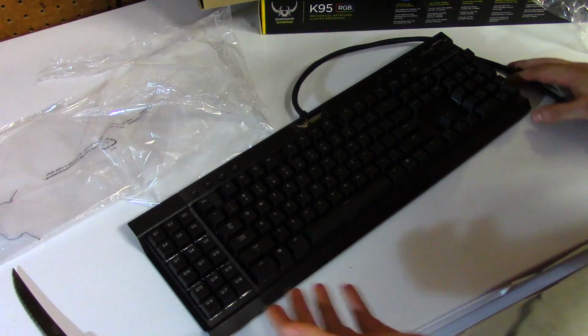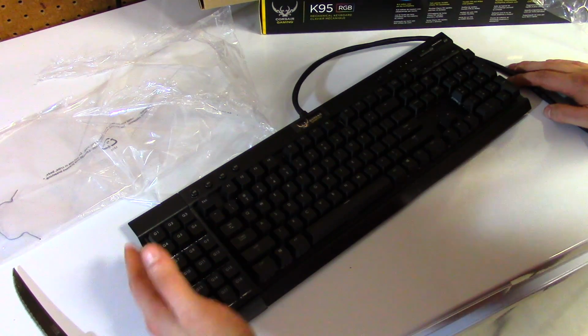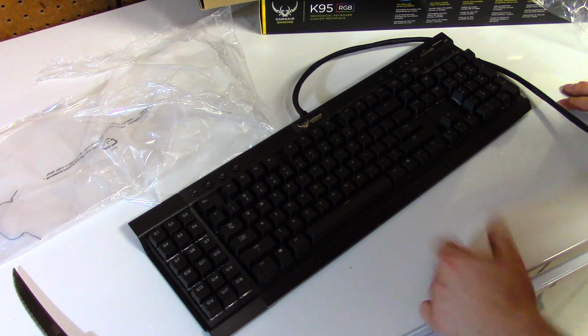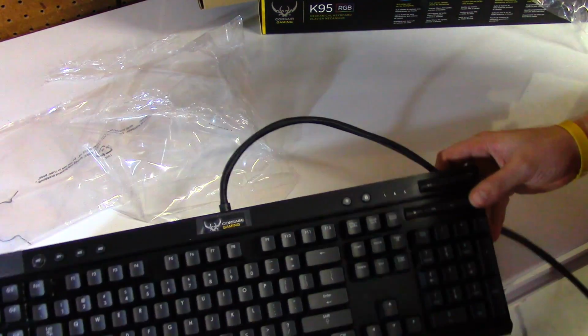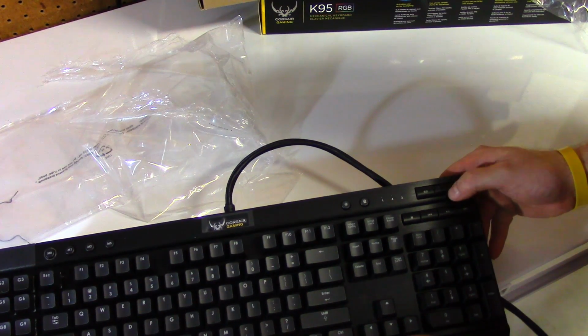So as you guys can see, this keyboard is very quiet. The keyboard obviously is very good. It is a very large keyboard, definitely one of the largest ones out there. I've had this keyboard before, obviously just not the RGB version, but specs wise it's the exact same size as the old K95. Obviously you're going to have dedicated media keys, which is standard with Corsair,